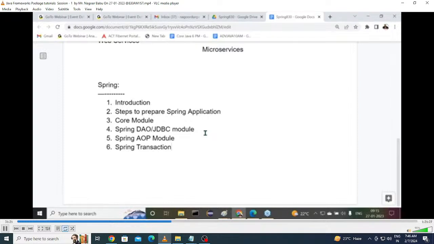That we are going to understand anyway. Then in the transaction module we are going to understand the content here. After completion of these transactions, the next one I'm telling you is Spring ORM, object relational mapping.